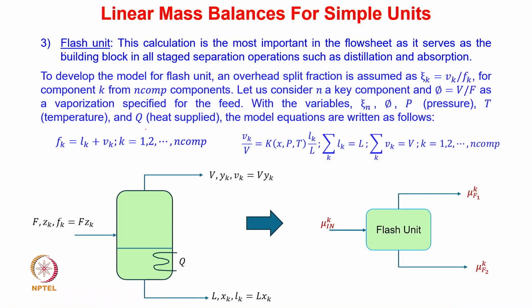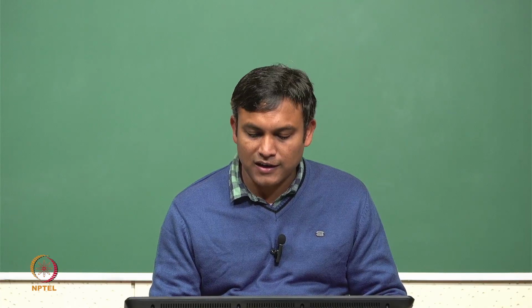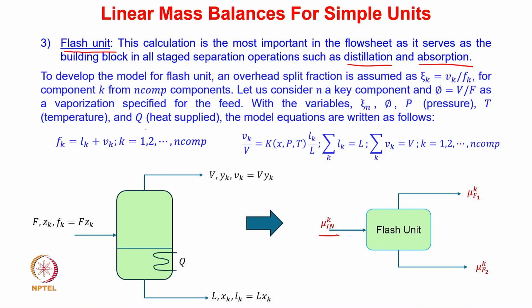So just to continue from what we have left in the last class, as we said, the linear mass balance equations for the flash units are extremely important, primarily because these are also used in different operations like distillation and absorption. So in the flash unit what we have seen is how the input in the flash unit can be represented in terms of the output